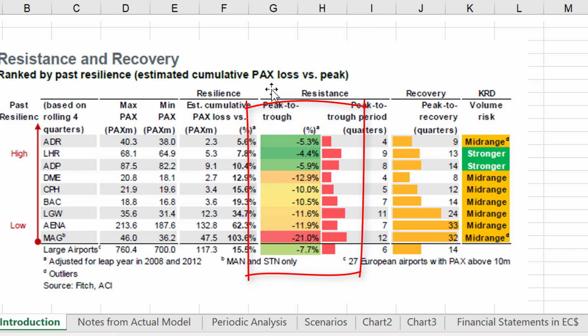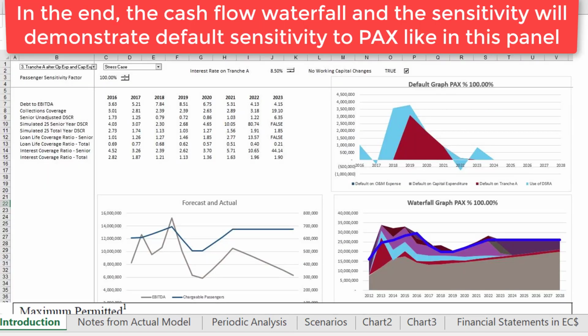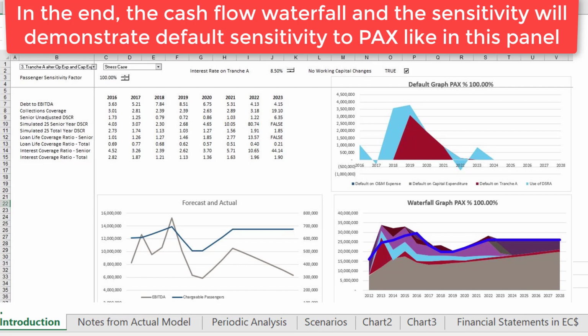I don't know if this is even passenger traffic. Yes, it must. Pax, I assume, is passengers. Well, it is. Okay, and then we're also going to go through some pretty important cash flow waterfall items. Now, they had a collection account coverage ratio. What they were able to do is take the number of passengers, multiply them by the price per passenger that they collect, and compare that to the debt service.